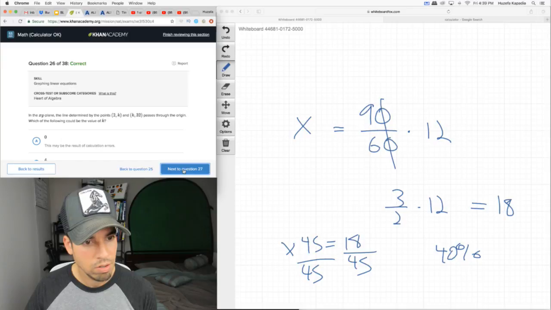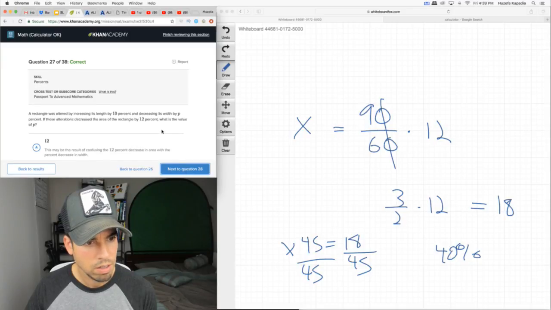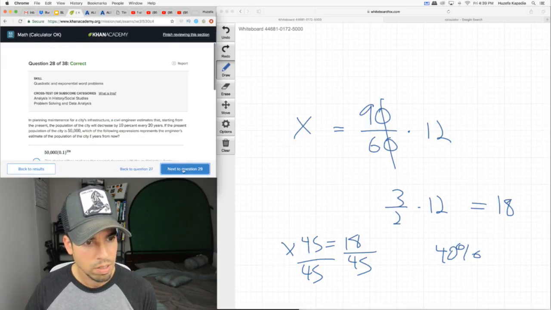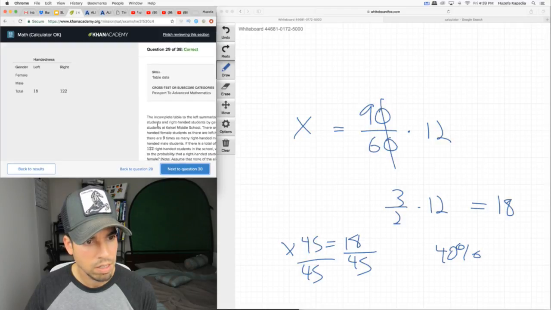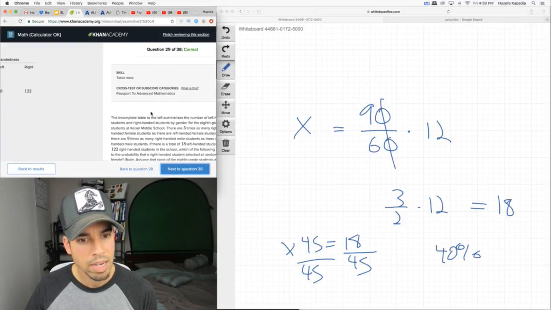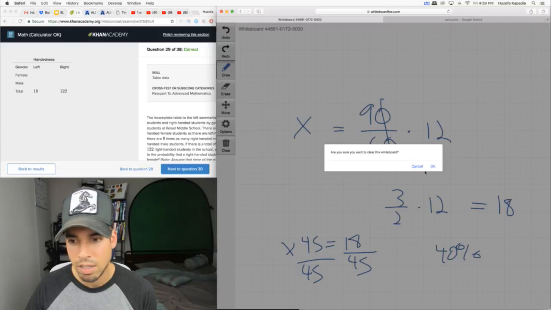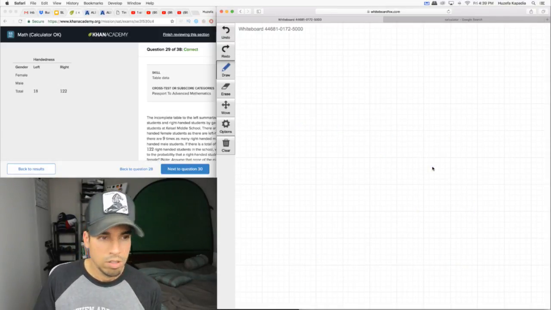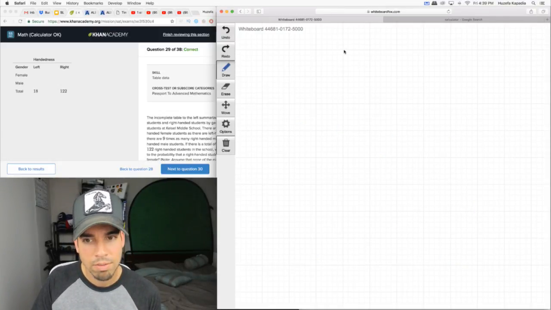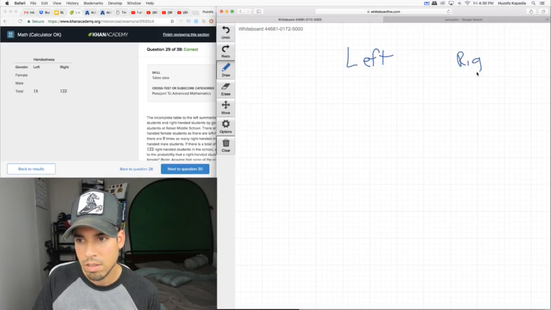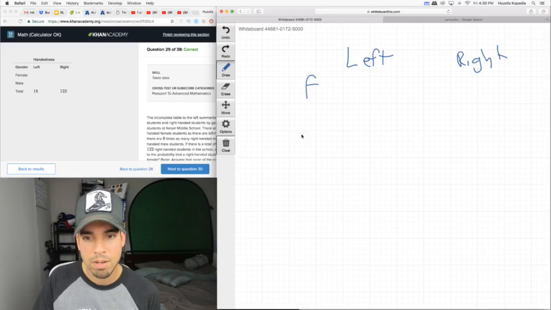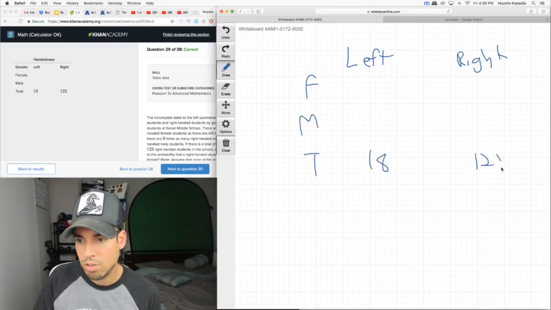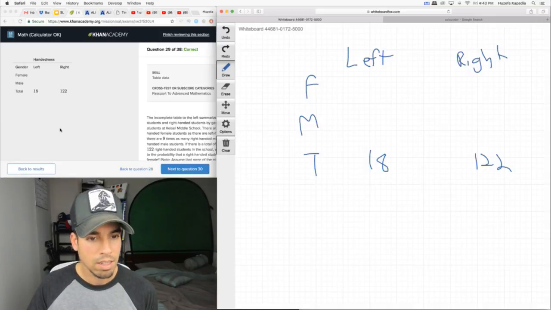Let's go back. This one I knew. This one was fine. This one was pretty good. This one was definitely fine. This is the one. Okay, before I look at the explanations, let's see if I can figure this out again. So we have gender, we have left, we have right, we have female, male, total. So I have 18, I have 122, and then I have,